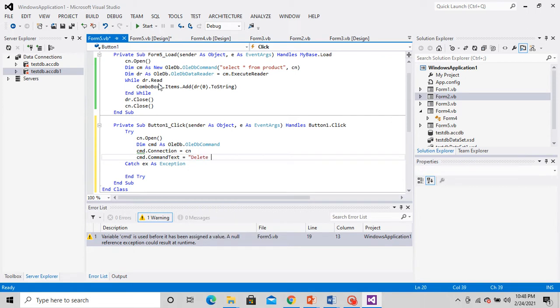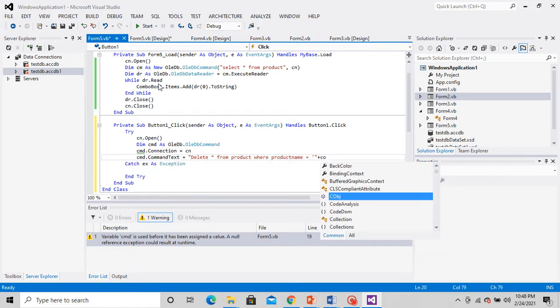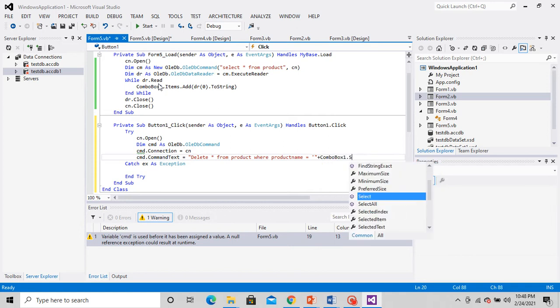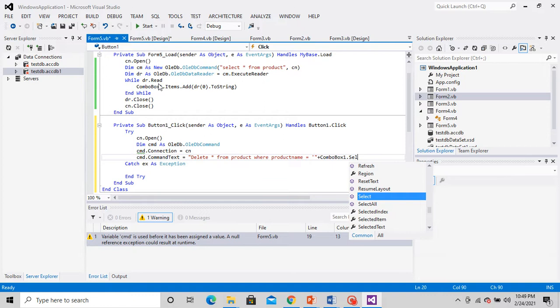So if you understand one, you will understand all. This is how we write the delete command: delete star from product where product name equal to what, students? Whichever is selected in that combo box, so combo box 1 dot selected item.